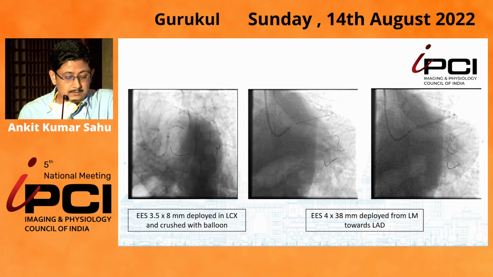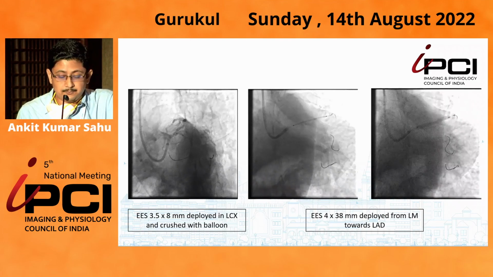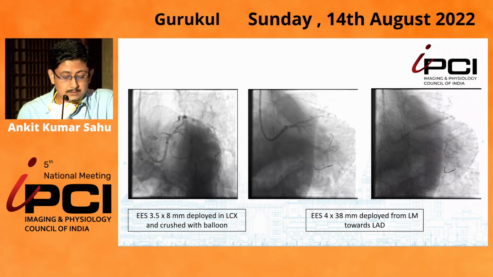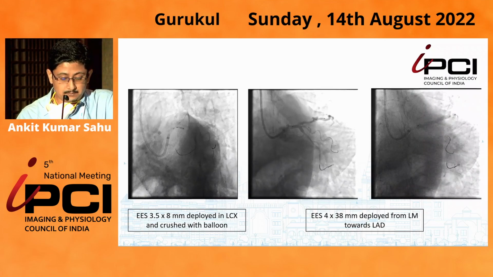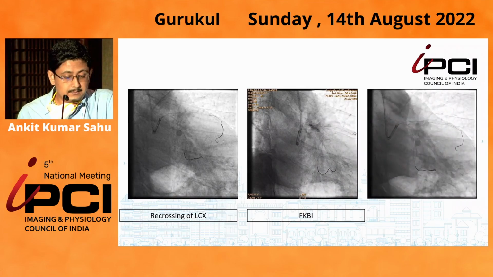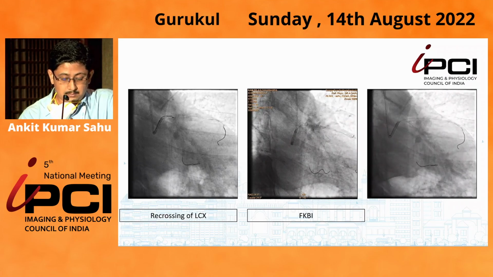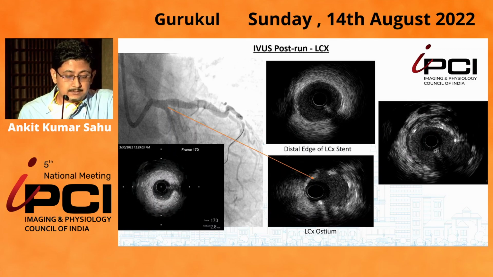So we decided to go ahead with a step crush technique. We deployed an everolimus eluting stent 3.5 x 8 mm in the circumflex, crushed with a balloon in the LAD across in the left main across LAD, and then deployed an everolimus eluting stent of 4 x 38 mm from the left main towards LAD. Thereafter, we did a POT with a 4 mm balloon in the left main and recrossed the LCX, did a final kissing, and then took a post run from the LCX,